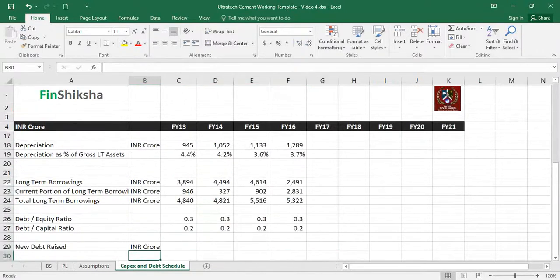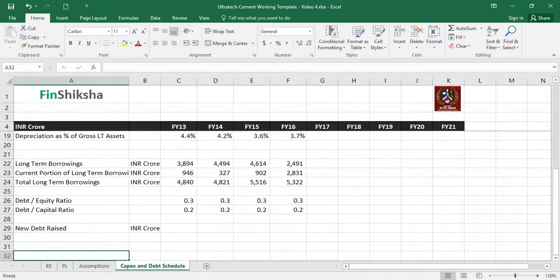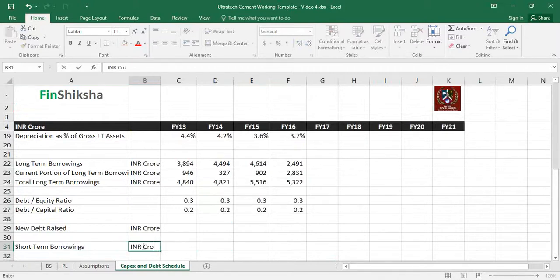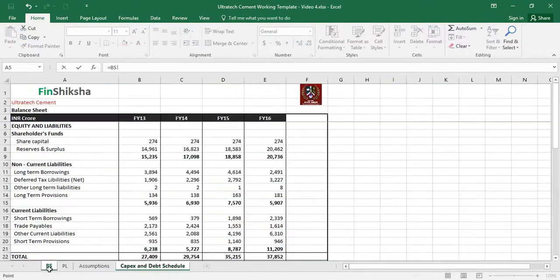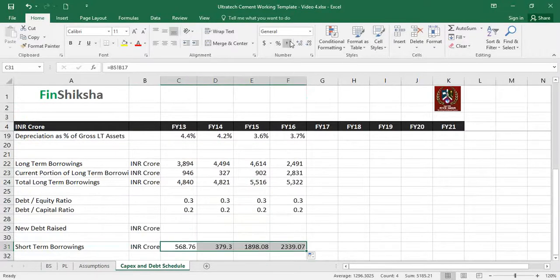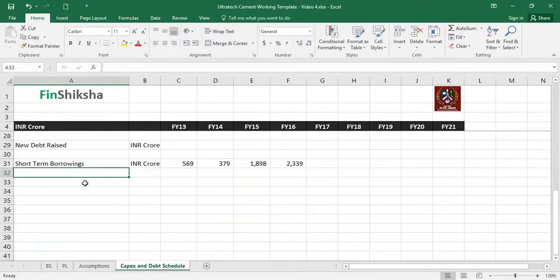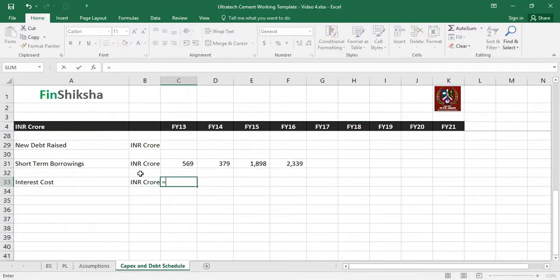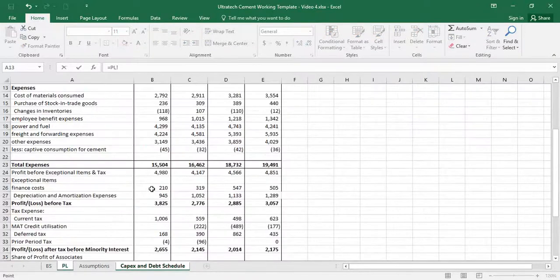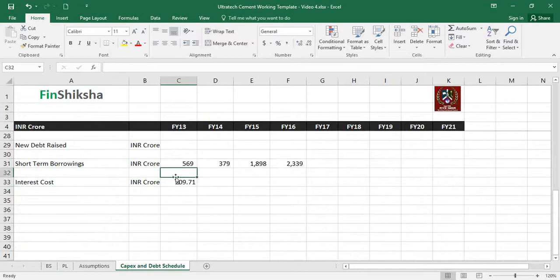And while we are building the debt scenario, we should also, just for argument's sake, put in the short-term borrowings number as well in INR crore, so that we can also plug in the interest cost for the firm. So these are the short-term borrowings. I'm going to plug that in from the balance sheet, and let's put in what is the interest cost for the firm in INR crore. That's available on the P&L. That's the finance cost that we see, right? So we plug in the finance cost here,